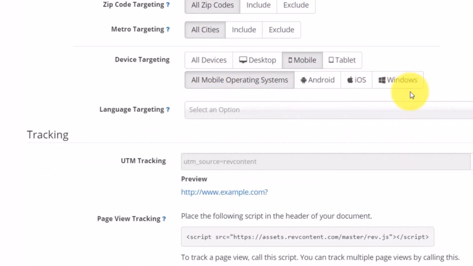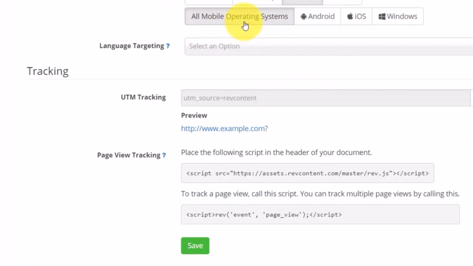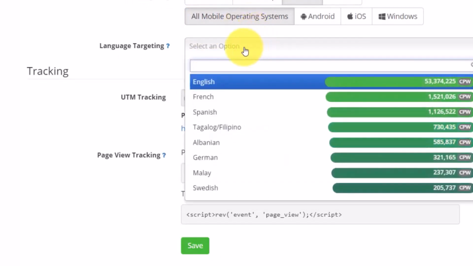All right, so you can do a split testing if you want to test conversion on Android, on iOS, on Windows. So you can create a duplicate campaign and select Android, then create another duplicate campaign for iOS and another one for Windows. Okay, but for now you want to basically go with all. So once you've selected all mobile operating systems, all right, since you are targeting United States, you want